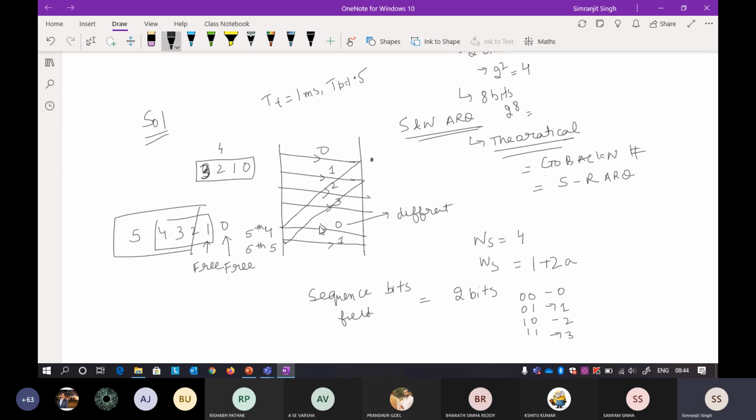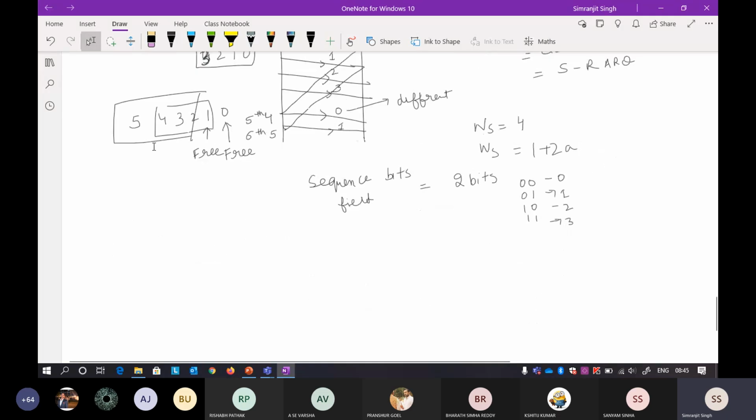Okay, so what we have done till now is that we have converted a stop and wait protocol into stop and wait ARQ. Whatever we are discussing now, we are just discussing to increase the efficiency of the stop and wait protocol. Nothing more, nothing less. All of this that I have discussed is a theoretical concept of how we can increase the efficiency of stop and wait protocol.